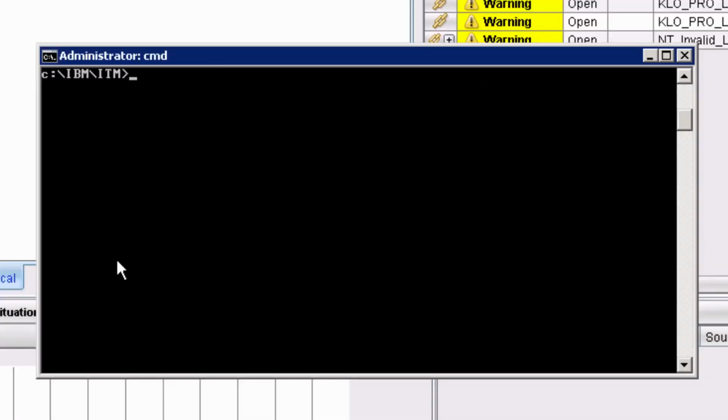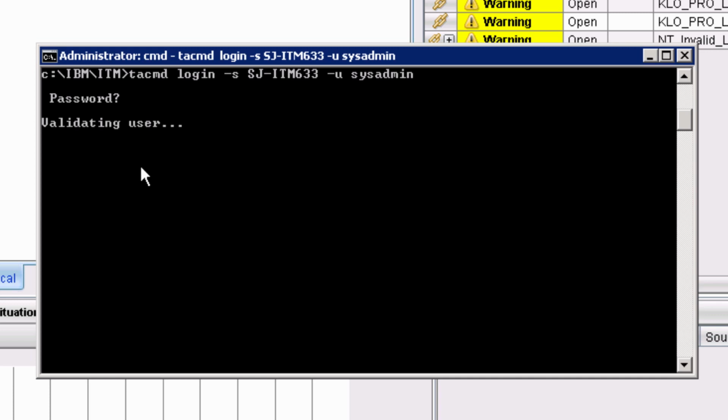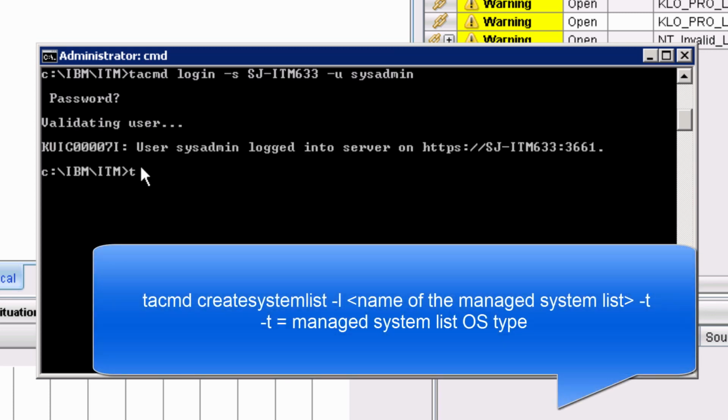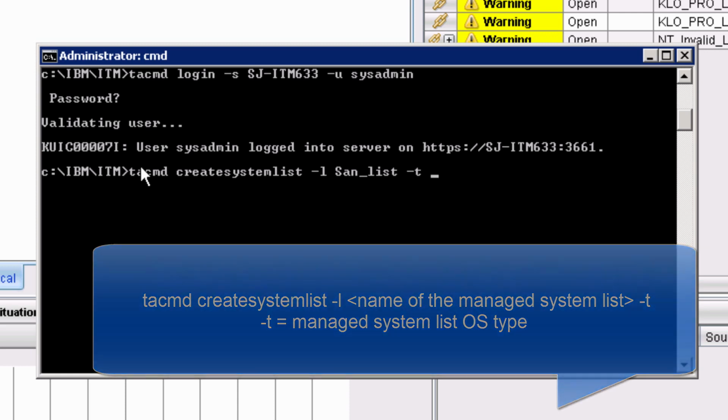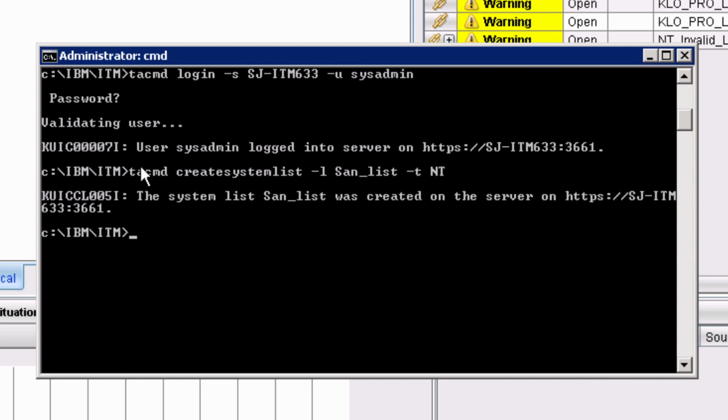So first of all, we will log in to tacmd and then we can run the tacmd commands. And the first command we will write is tacmd createSystemList. This creates a managed systems list called san_list with a type of NT, which is for Windows. So it's created the list, and now we can look at the list